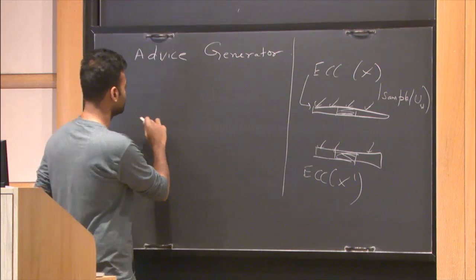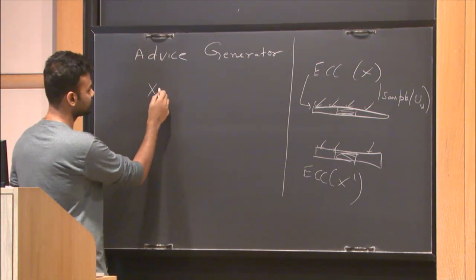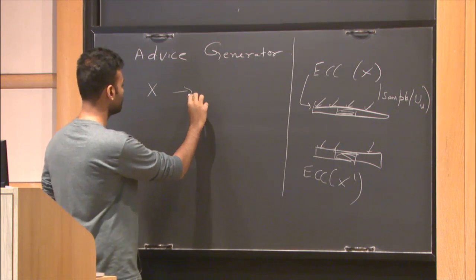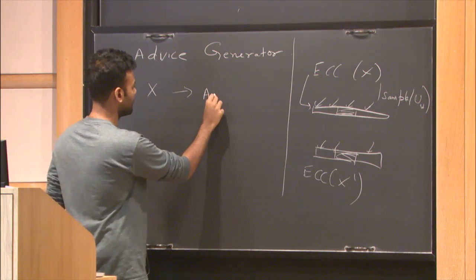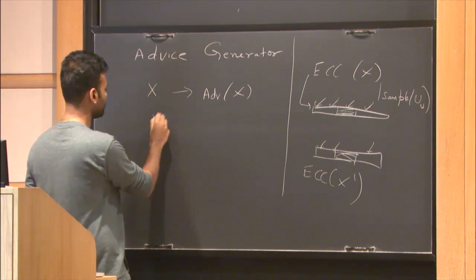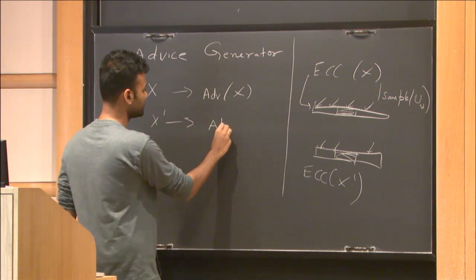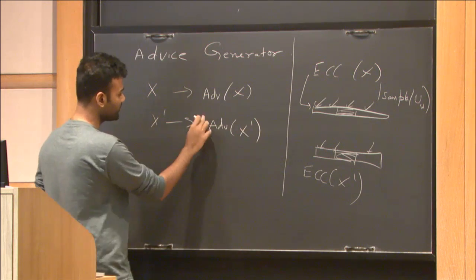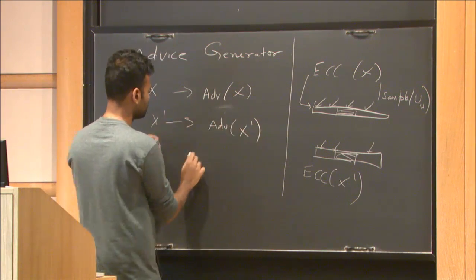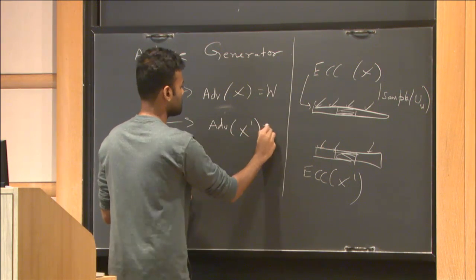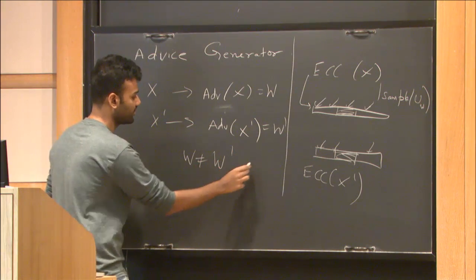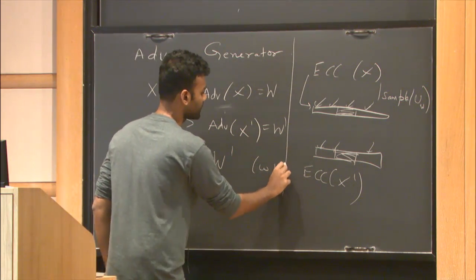So in general, all you need is from x some advice generator of x is some string, and from x prime this is some function that you're applying, and all you need is that w is not equal to w prime with high probability, and